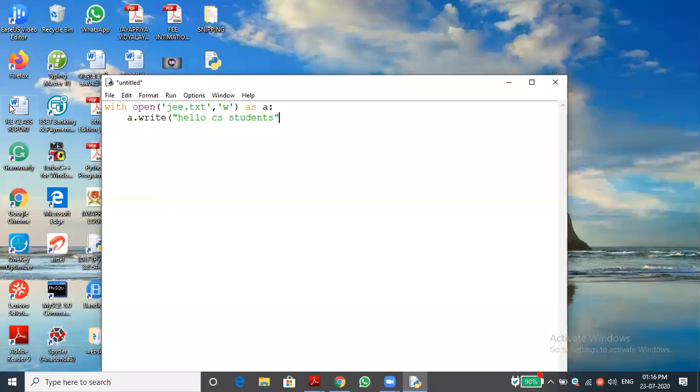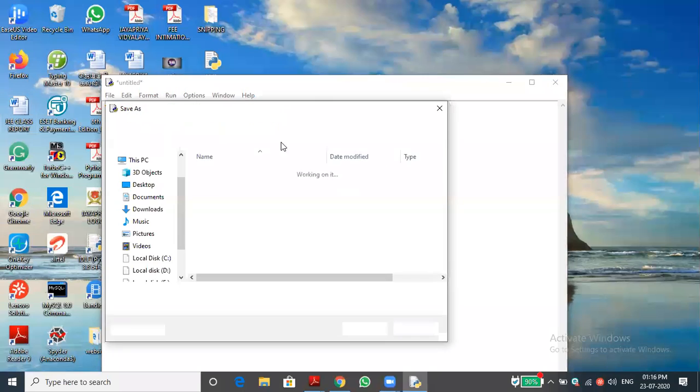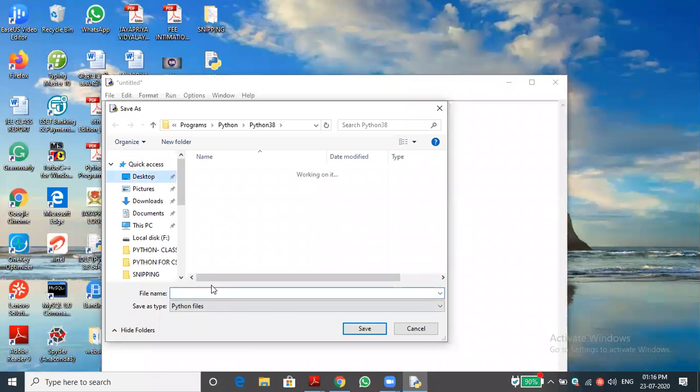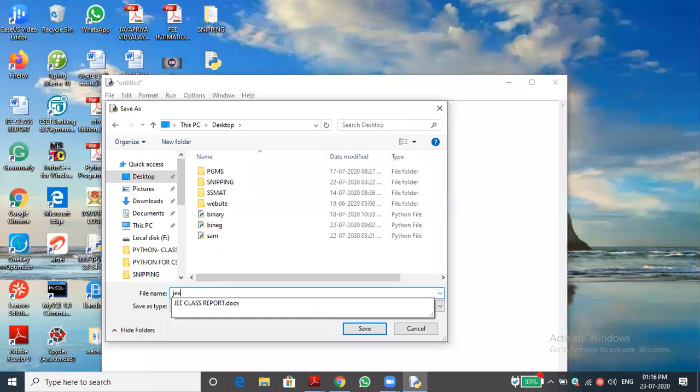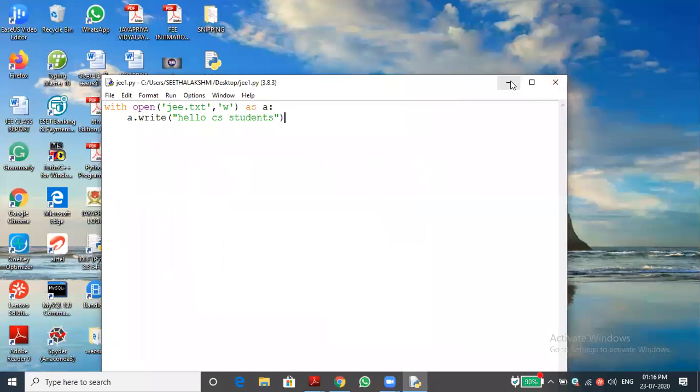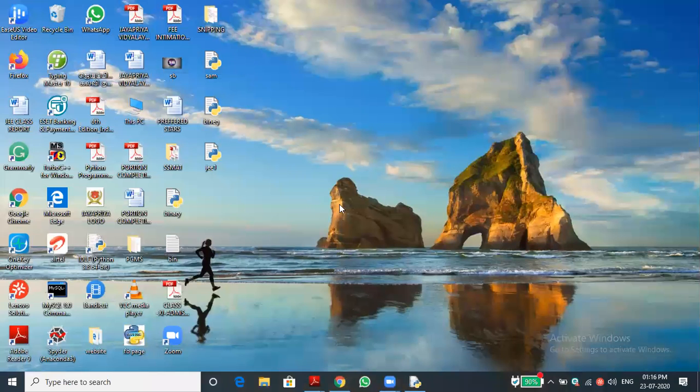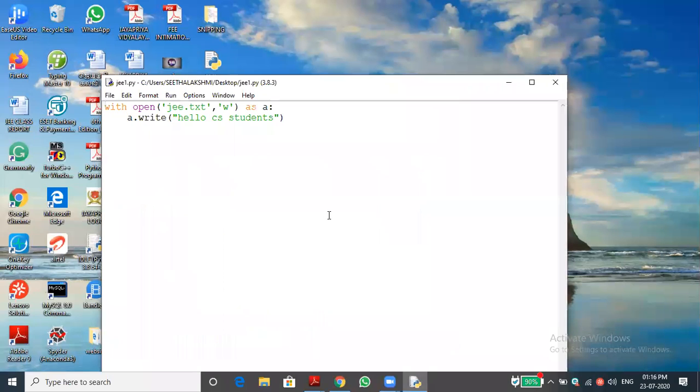I'm just typing something. That's all, we no need to do anything. I'm just saving this file, JE1. Later I open the JE file. We didn't run that file, no? That's all, there is a reason. I'm just running this file.